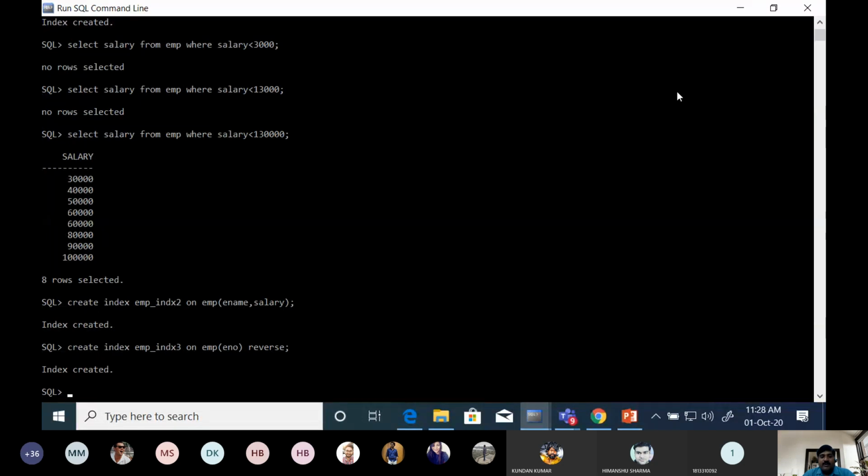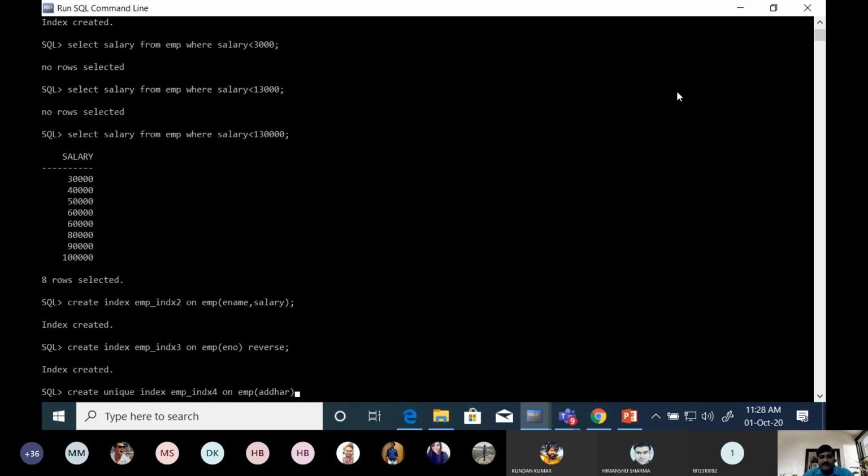If you are creating an index on a column which has unique values, then that is called a unique index, and for that we will write create unique index, then index name employee underscore index 4 on employee, and here the Aadhaar column.